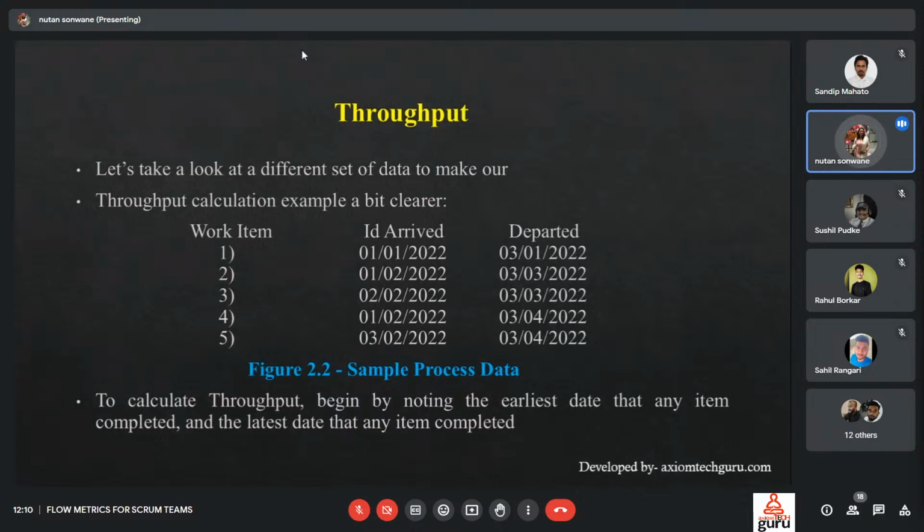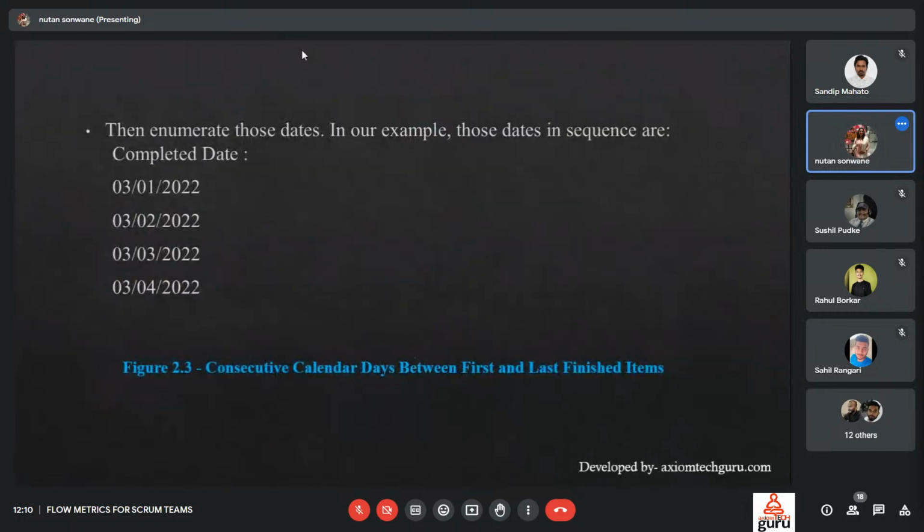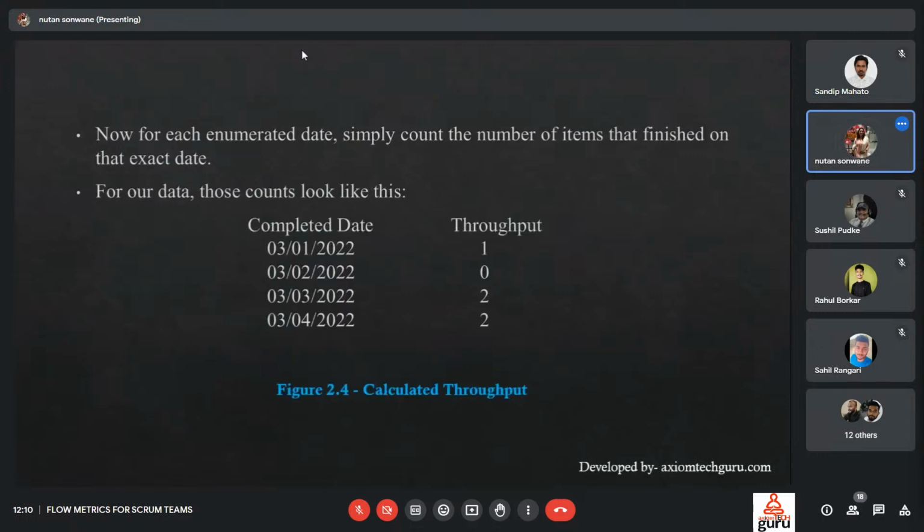We need to have the work item, we need to have the ID, arrived and departed, and then enumerate those dates with respect to this sequence. We have completed dates like 3rd of January, 3rd of February. With respect to a work ID, we have this particular started as well as finished item. Now, for each enumerated date, simply count the number of items that finished on that exact date,